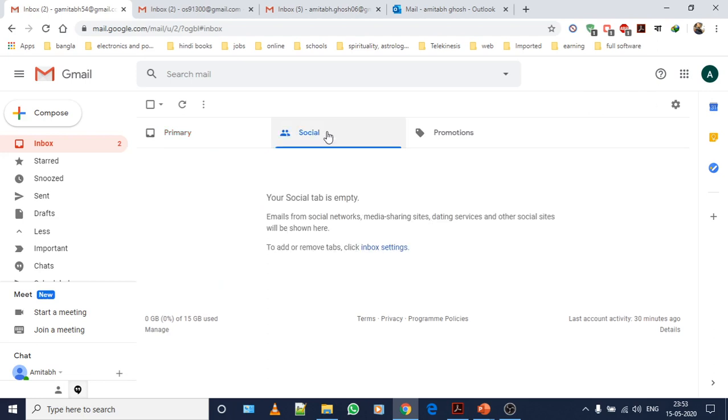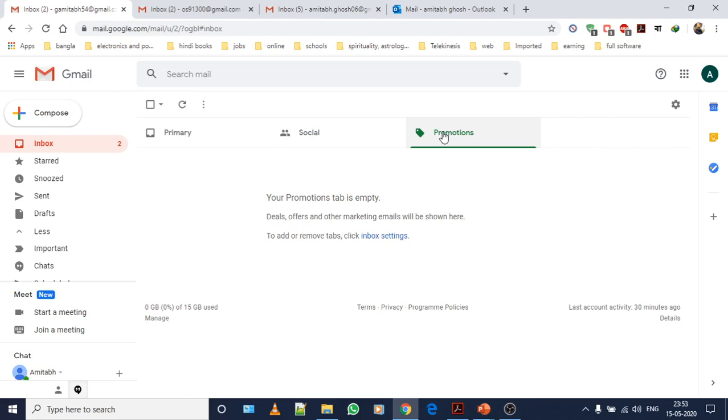The social tab is a section where you receive anything related to social networking sites, like if you have a Facebook account or a Twitter account, social networking related mails come in this social tab.